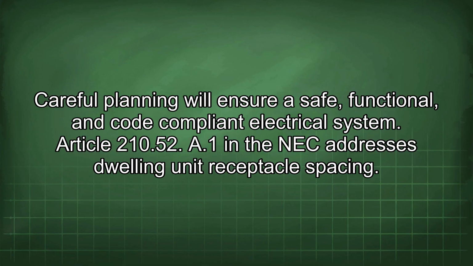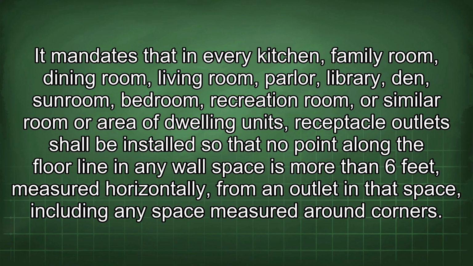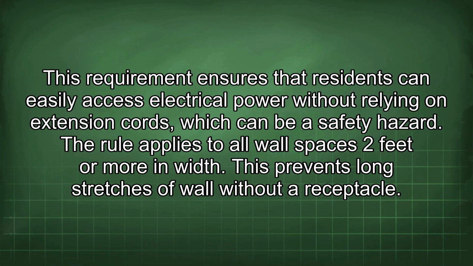Article 210.52(A)(1) in the NEC addresses dwelling unit receptacle spacing. It mandates that in every kitchen, family room, dining room, living room, parlor, library, den, sunroom, bedroom, recreation room, or similar room or area of dwelling units, receptacle outlets shall be installed so that no point along the floor line in any wall space is more than 6 feet, measured horizontally from an outlet in that space, including any space measured around corners. This requirement ensures that residents can easily access electrical power without relying on extension cords, which can